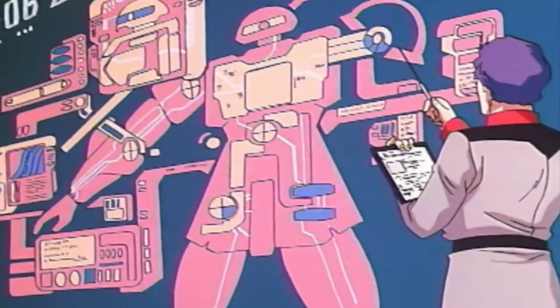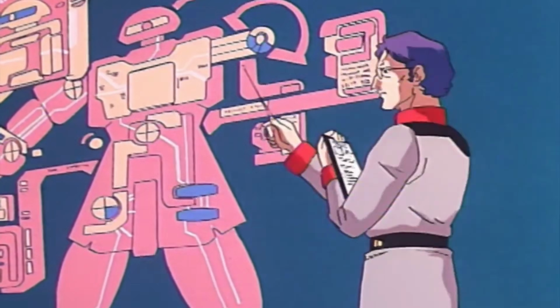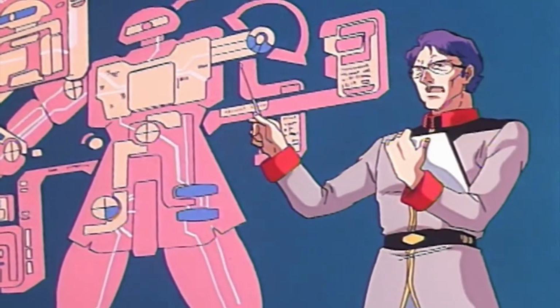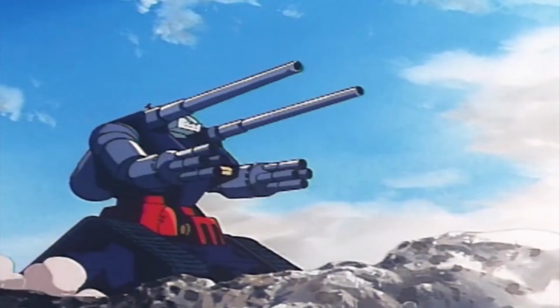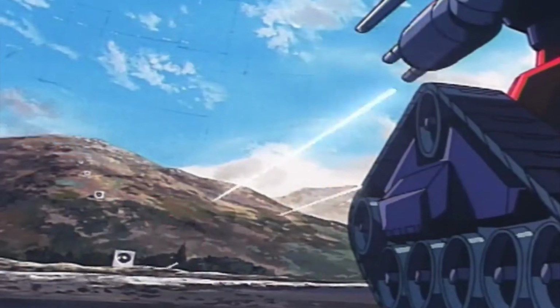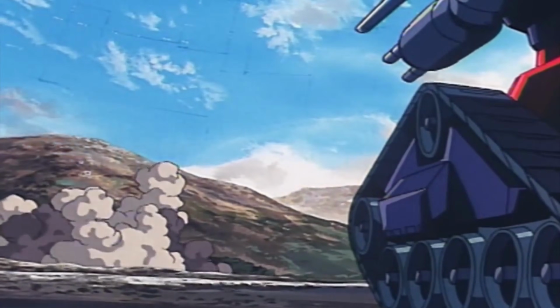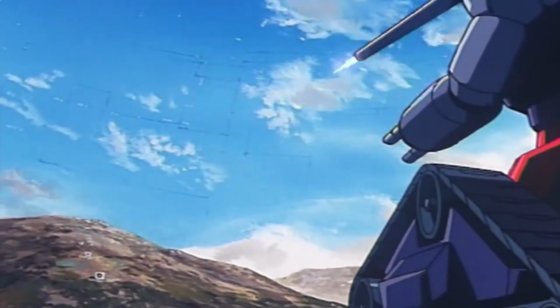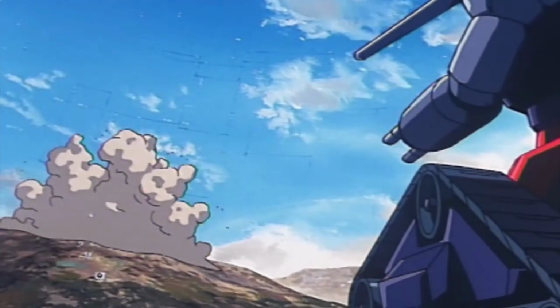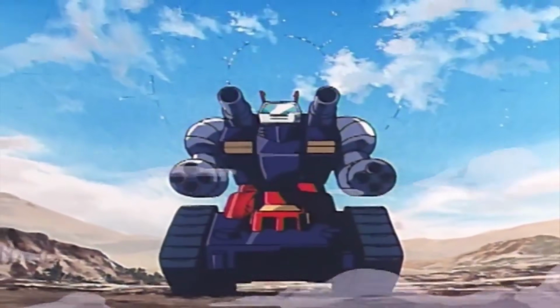At this time, using data obtained from Zeon's mobile suits, the Federation would develop the first of their own mobile suits, creating the first prototype of what would become known as the RX-75 gun tank. While far behind Zeon in mobile suit technology, this would later prove important to the brewing conflict between their nations.